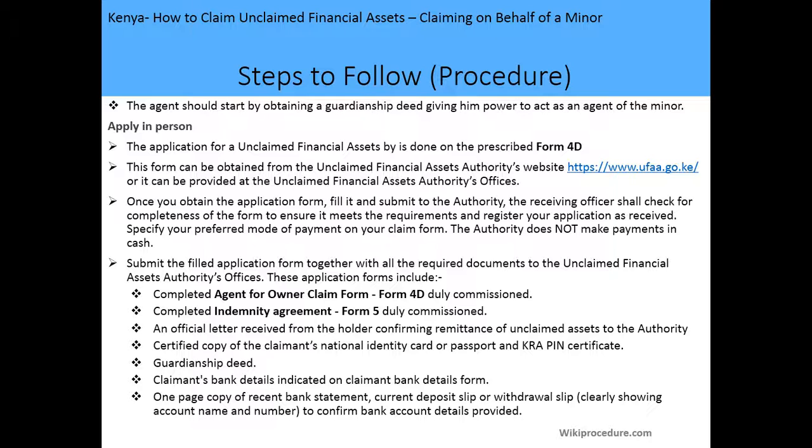Additionally, you're supposed to submit the application form together with all the required documents to the UFAA offices. These include the duly filled Form 4D, which must be commissioned, an indemnity agreement, an official letter received from the holder confirming remittance of unclaimed assets to the authority, a certified copy of the claimant's national card or passport and KRA PIN certificate, a guardianship deed, the claimant's bank details indicated on the claimant bank details form, and one page of a recent bank statement, a current deposit or withdrawal slip to confirm the bank account